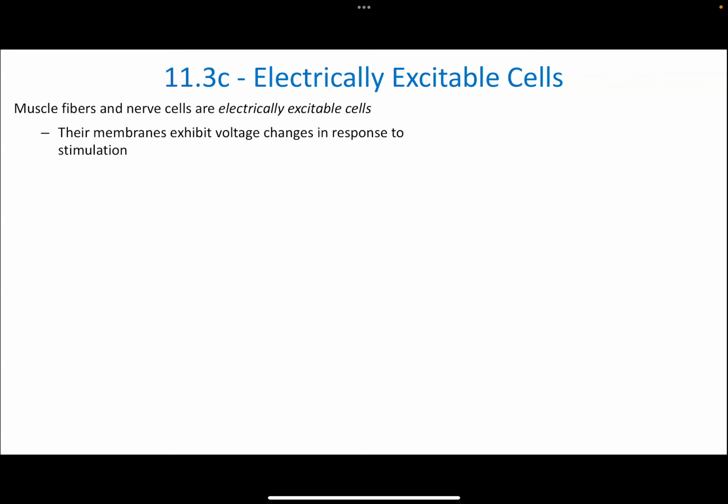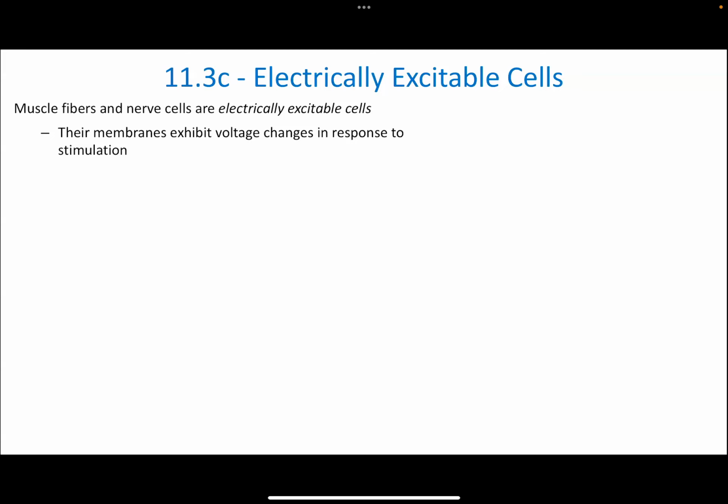And this is what electrically excitable means. So the membranes of both neurons and muscle fiber cells exhibit voltage changes in response to stimulation. The stimulation in this case for a muscle cell is that binding of acetylcholine to the receptor, to the channel,